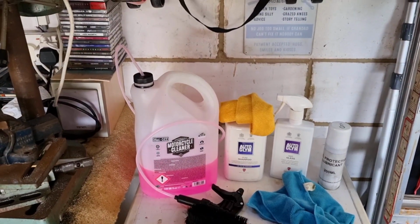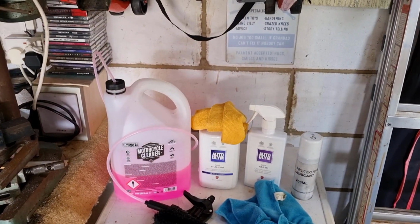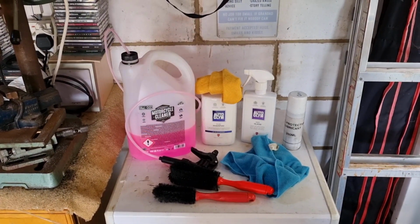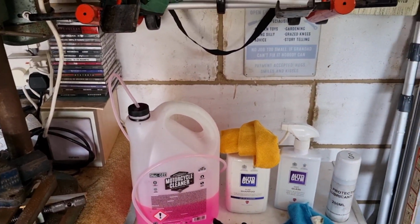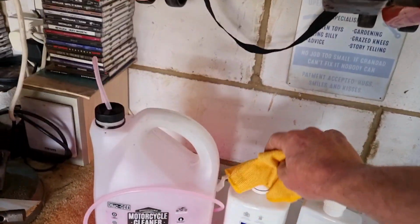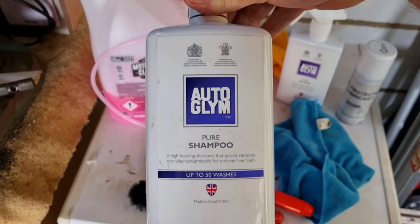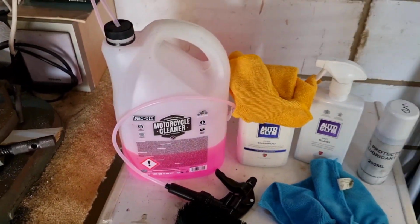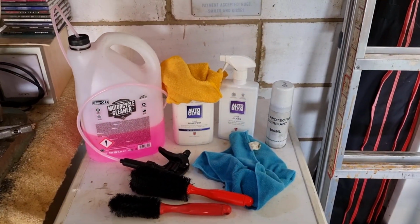For the bodywork, now this is the important bit, you can't use normal wax or anything that's going to leave some kind of residue on a matte bike. You have to use a specific matte cleaner, or what I use is this. It's Autoglym, just pure shampoo. It doesn't leave anything behind after you've cleaned it. So you hose all that off,